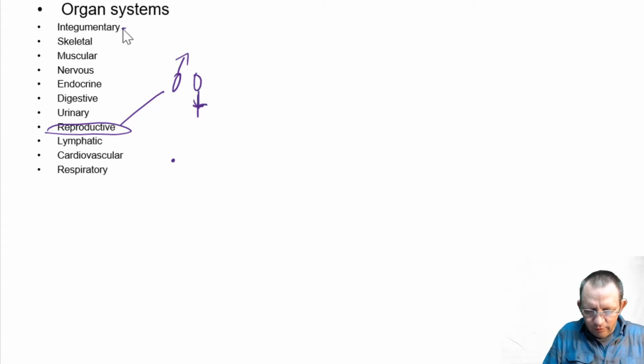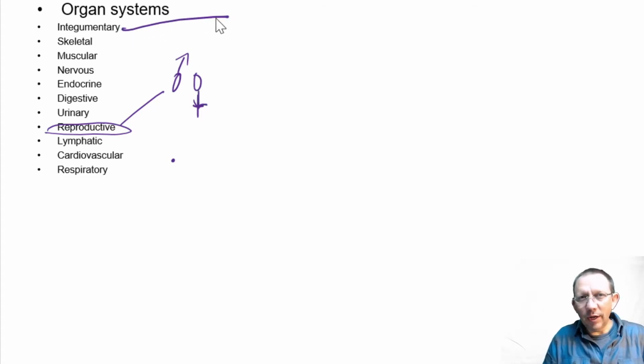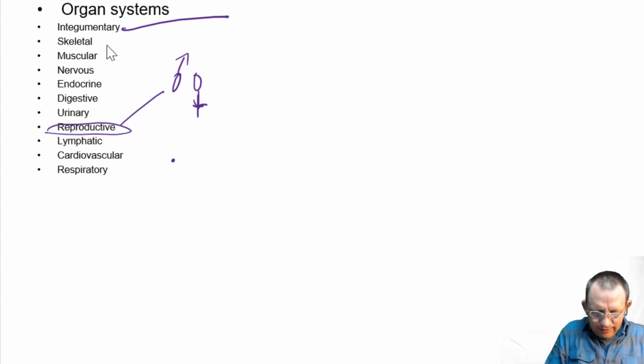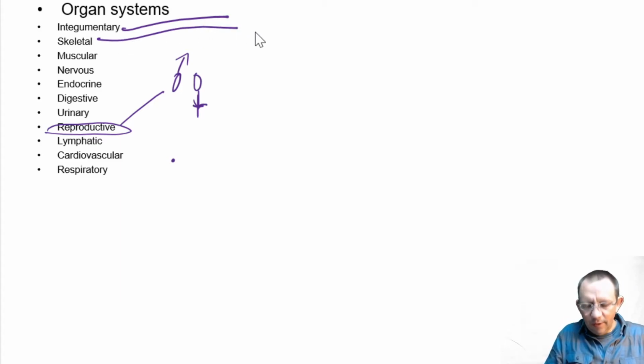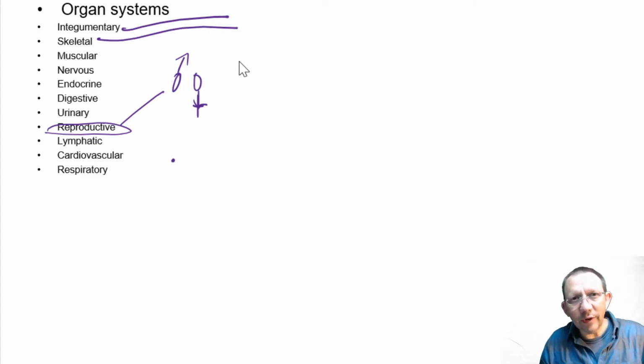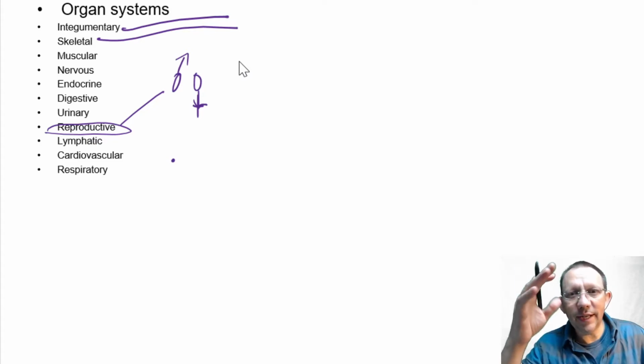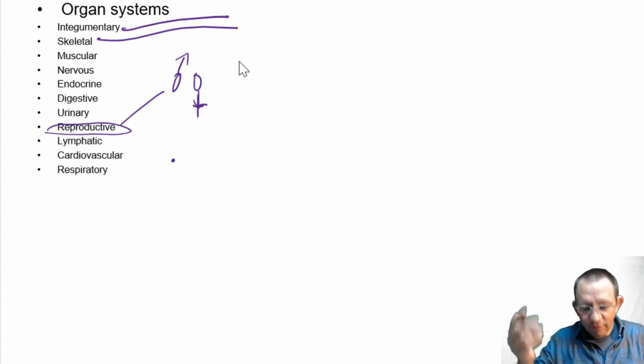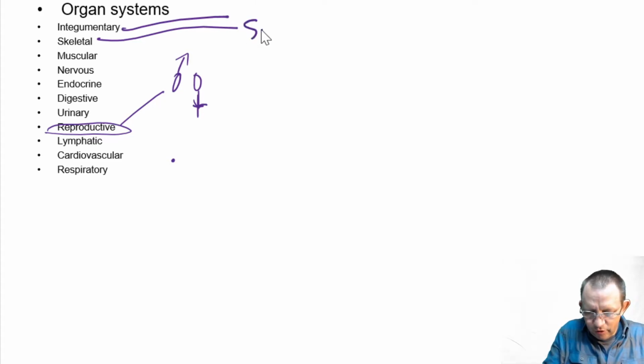So other ones we have here. So there's our integumentary. This is the skin we were talking about. The largest organ that we have, really heavy, covers the entire outside. Skeletal, this is of course all the bones, right? Bones and ligaments really is what it ends up containing. And with bones and ligaments, we're looking at structure, where the functions of these things are going to be structure, okay? Structure, protection,